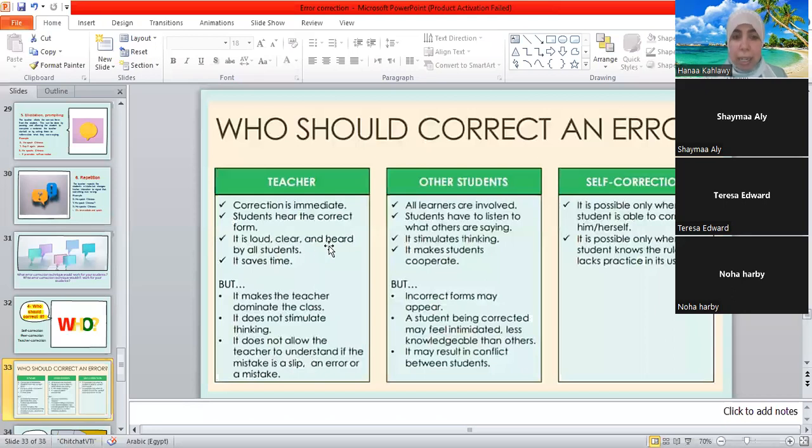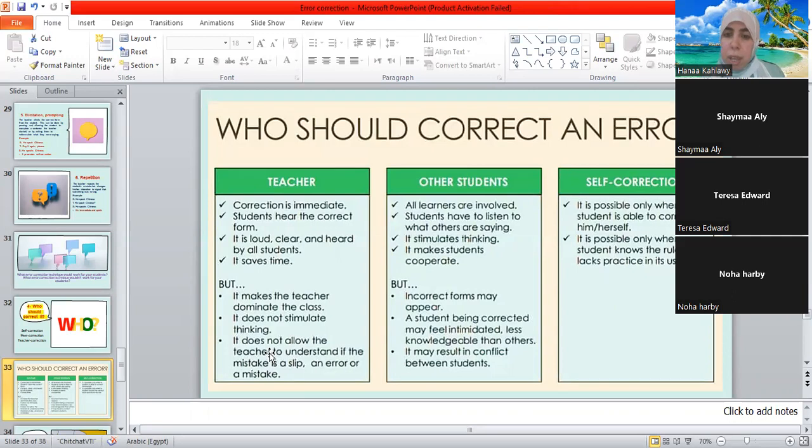It's loud, clear, and heard. All the students can hear the correct form, and it saves time. But it will be a teacher-centered classroom, and students can't reflect on the errors and correct themselves. Okay, so this is for the teacher. I can't say, Teresa, that teacher correction is bad all of the time. It has advantages and disadvantages.